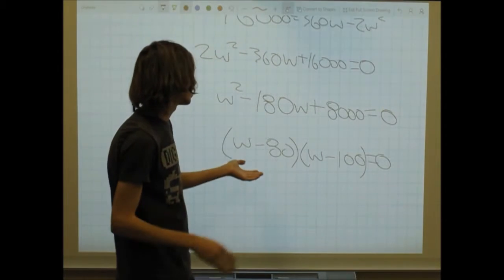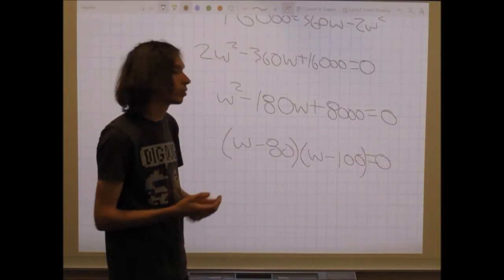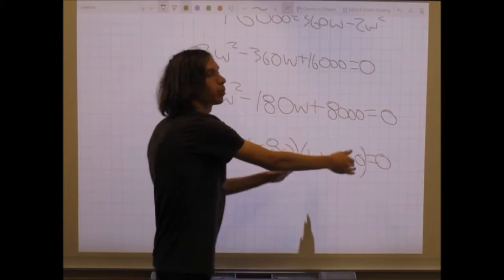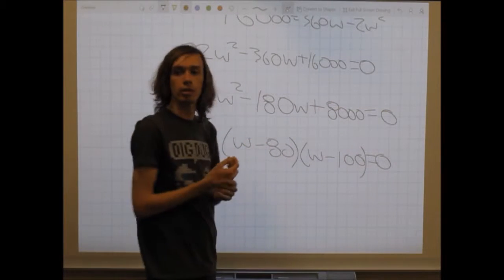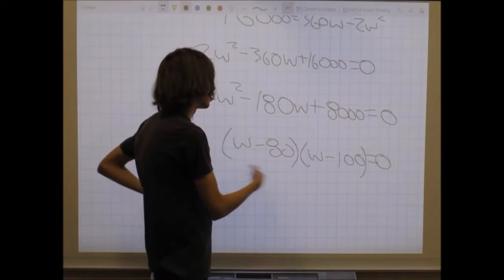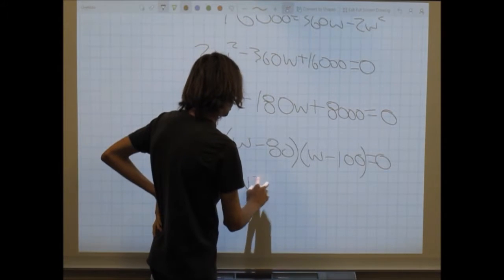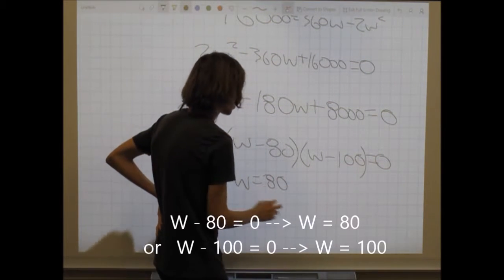Okay, so we have (W - 80)(W - 100) = 0. And then we just basically say each of these factors is equal to 0 now. So we're going to get, and then solve for W, right? You guys might have already seen the video on factoring and stuff, so this is just going to give us W = 80